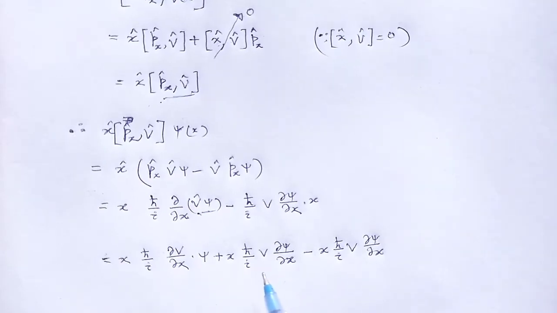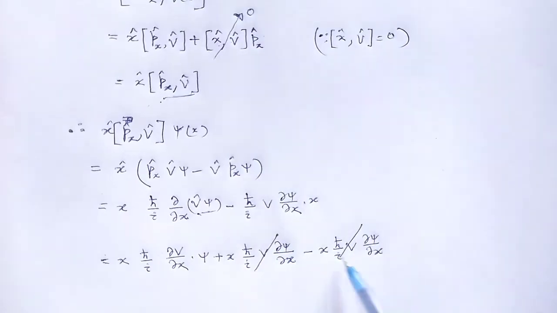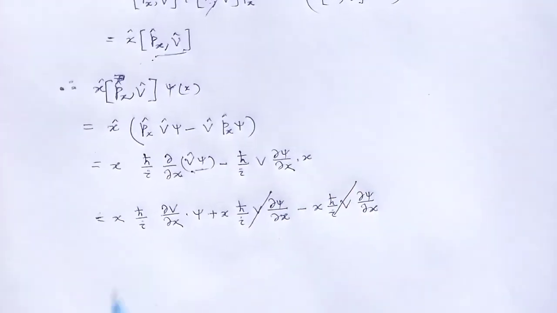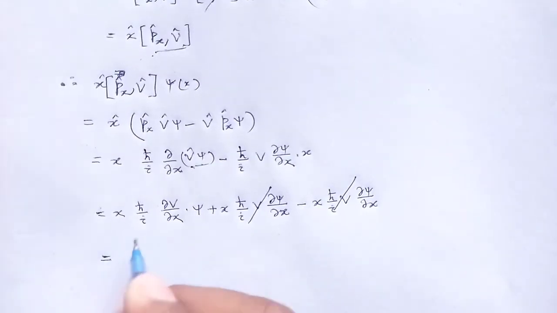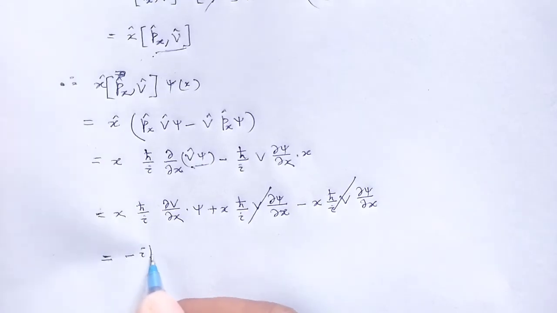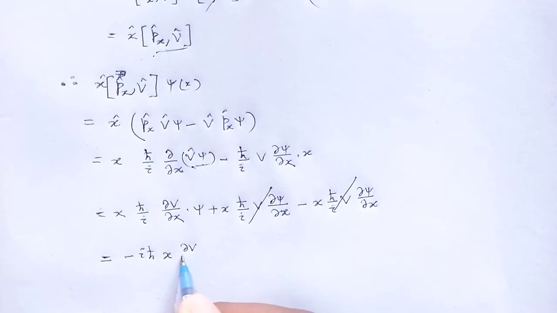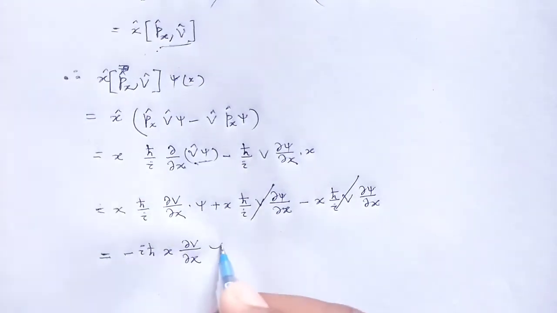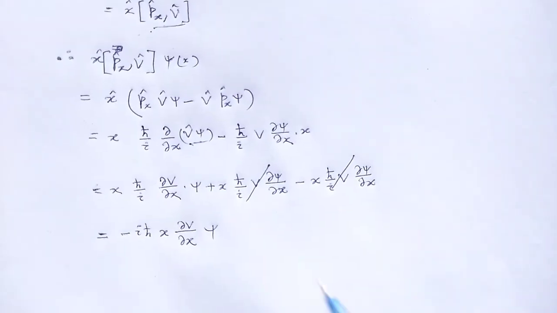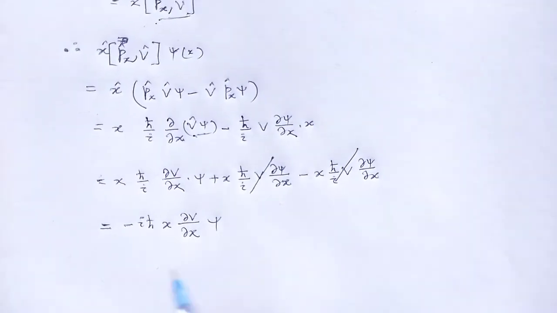These two terms x h cross by i v del psi by del x cancel out, only that term exists. H cross by i can be transformed to minus i h cross x del v by del x psi. Since